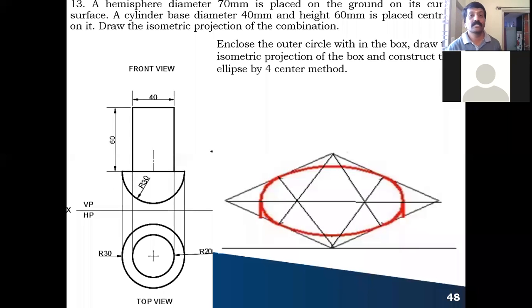So what is the question given here? The hemisphere diameter is given here. That is 60 millimeter diameter, placed on the ground on its curved surface, as clearly mentioned. A cylinder of base 40 millimeter diameter and height 60 millimeter is placed centrally on it, as given. So for